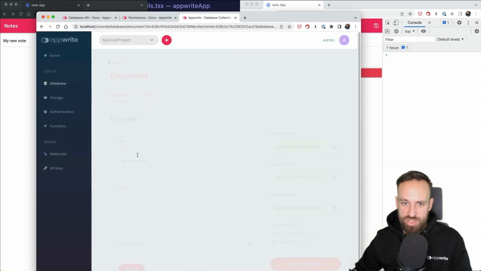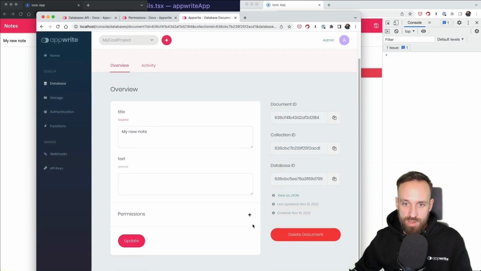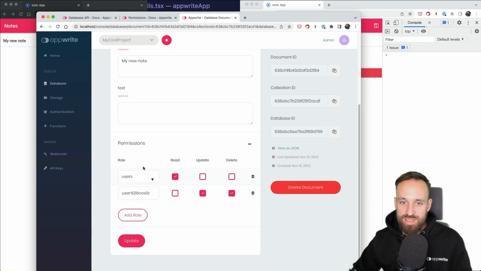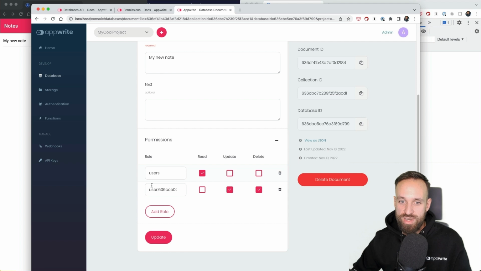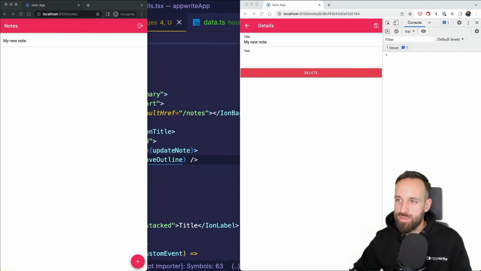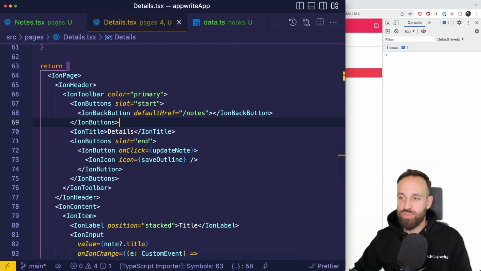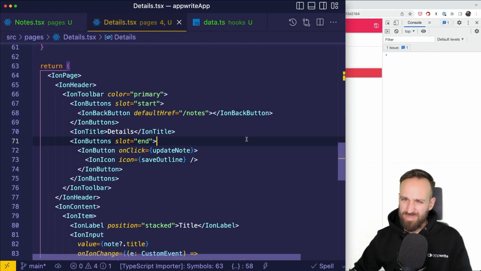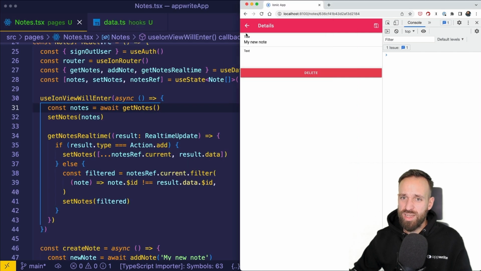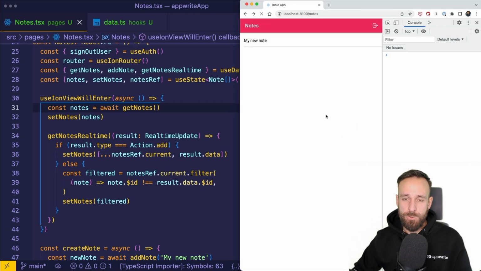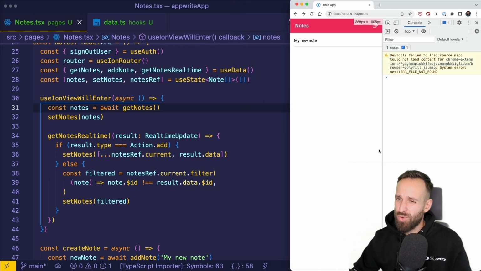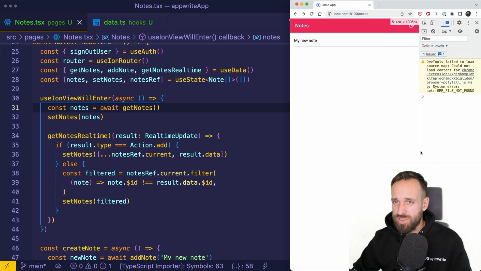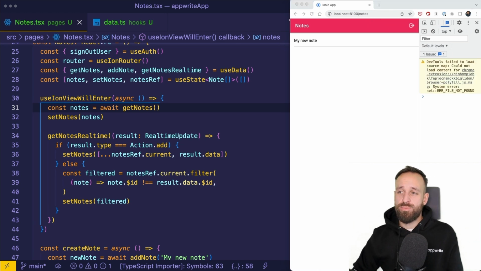Can we see the permissions actually when we go into something? Yes, here. So these are the permissions that we created when we create an object. Users can read it, and only the user with this ID can update and delete. I really like that we can set the permissions while we create the object. I think this is pretty cool. I don't think I've seen this before, that kind of behavior. So definitely a refreshing touch. And if you're a lot into having permissions and complicated roles in your application, Appwrite could really be very helpful